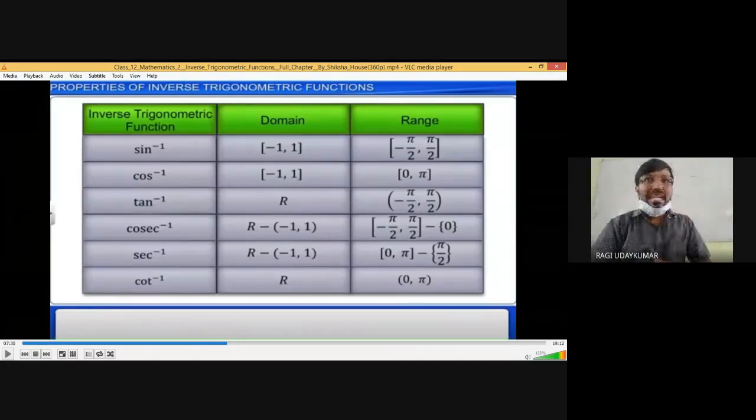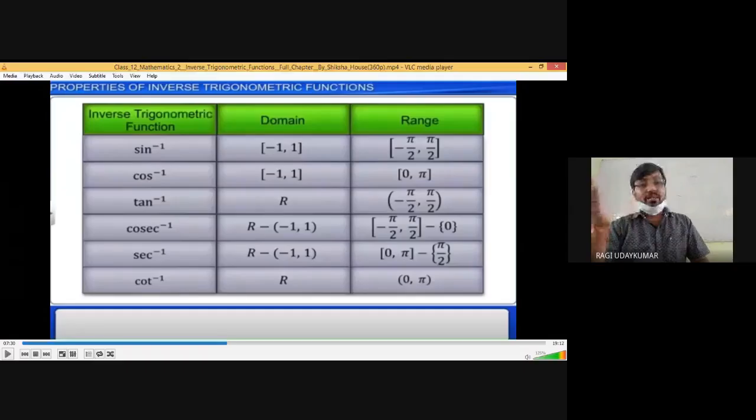Try to remember and analyze it. Why do we get this? Whatever the range is in the case of the trigonometric functions, it becomes the domain. And whatever the domain is restricted to, to make the trigonometric function a bijective function,